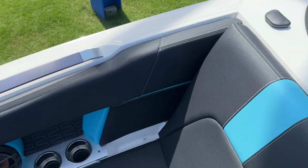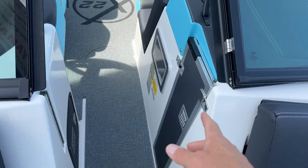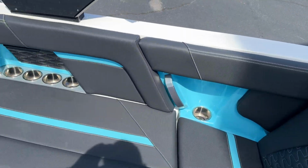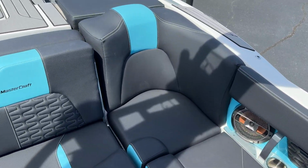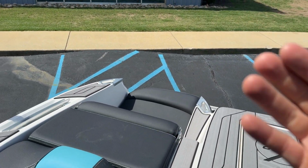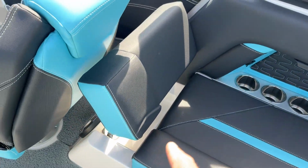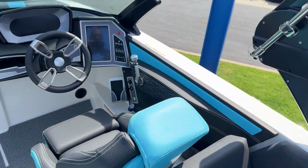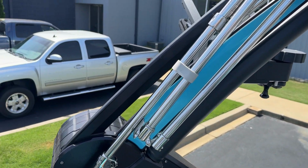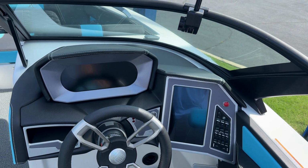So it's the X22. We have the flip down armrests on both sides. The nice walkthrough over here. Got the big bench seat. It's got the advanced audio, reverse flip couch. It's got the pop-up lounge seats in the back with the footrests. We got phone holders here, pop-up backrest, BTS windshield, Z8 folding tower, wakeboard racks, dual screen advanced audio with the